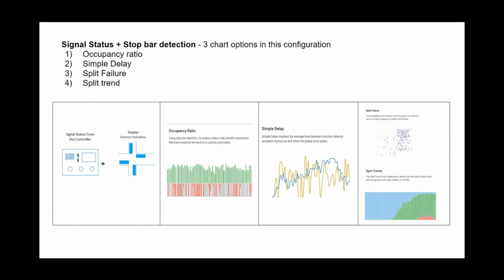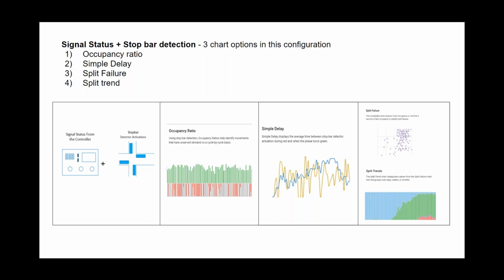If you end up with a scenario where, say, the green part of the phase has 100% occupancy for the entire duration, and then as soon as the light turns red, you still have occupancy percentage in the first 5 seconds of red, that is what we call a split failure. That means the demand wasn't served properly. There were too many cars, it was oversaturated for that particular approach, and it allows us to see how often that is actually occurring throughout the day.